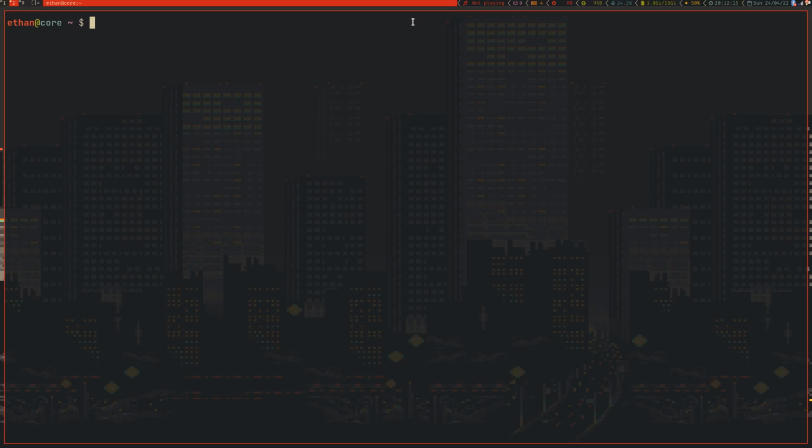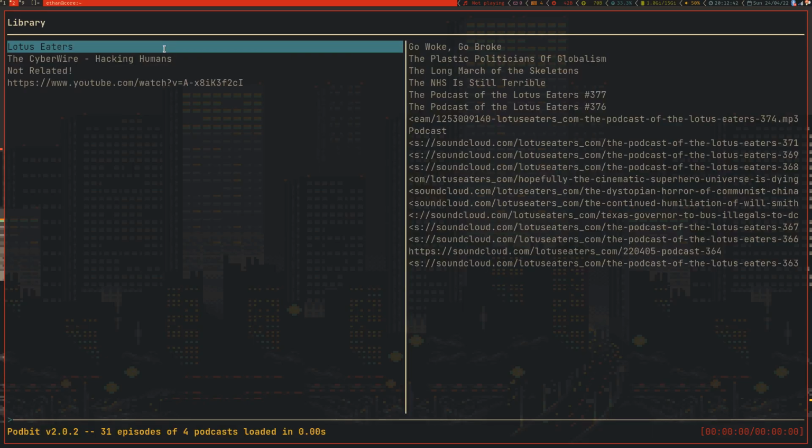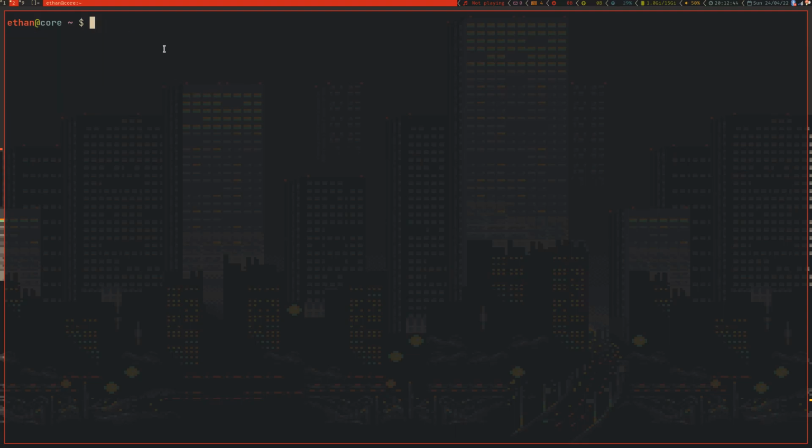exit code. So for instance, if I start up my podcast client and then attempt to run it, we can see that we get an error saying that it's already running. So this command exits with a status which is not 0, or a failed status. This command here, if I exit it, will in fact exit with a 0 status, because the command exited successfully. If I run podbit again, we can see that it exits successfully. So we can actually detect this to do